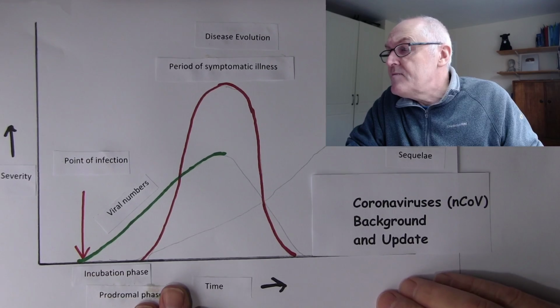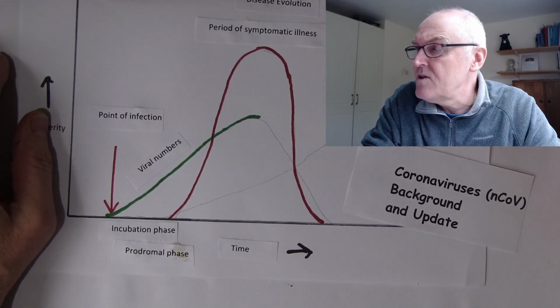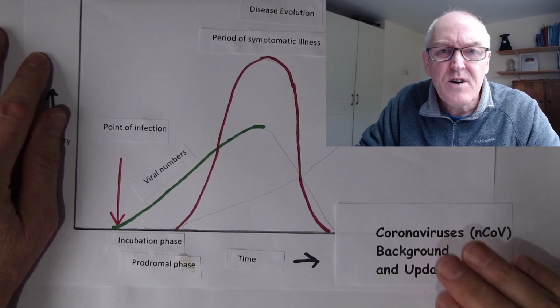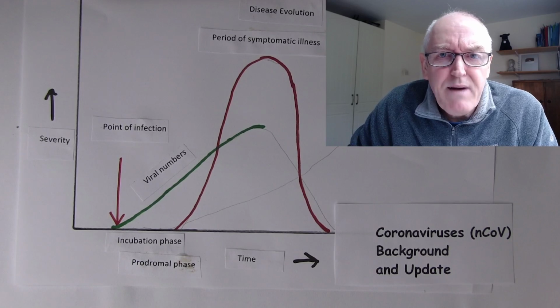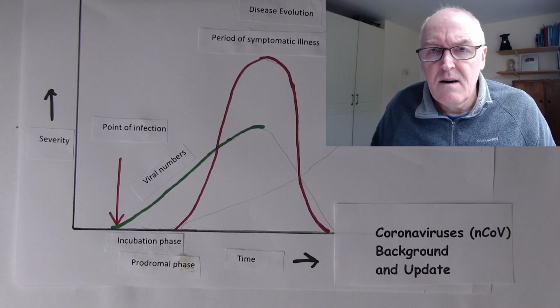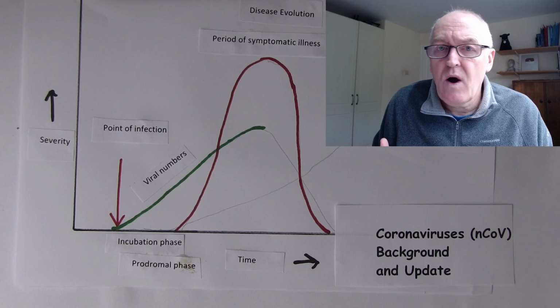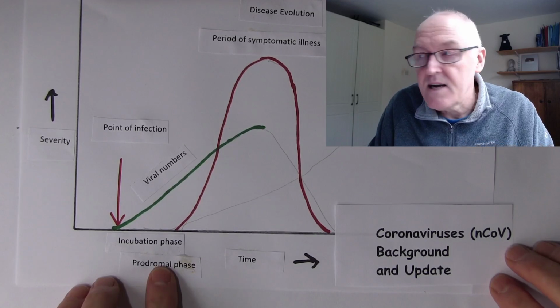And then there comes a time in an illness where you're feeling all right one day, then you think, just a minute, I don't feel very well today. I just don't feel good today. I'm not my usual bouncy self today. You're not sure why. You haven't got a pain anywhere. You won't have a cough or any localizing features yet, but you just don't feel right. And that's called the prodromal phase.